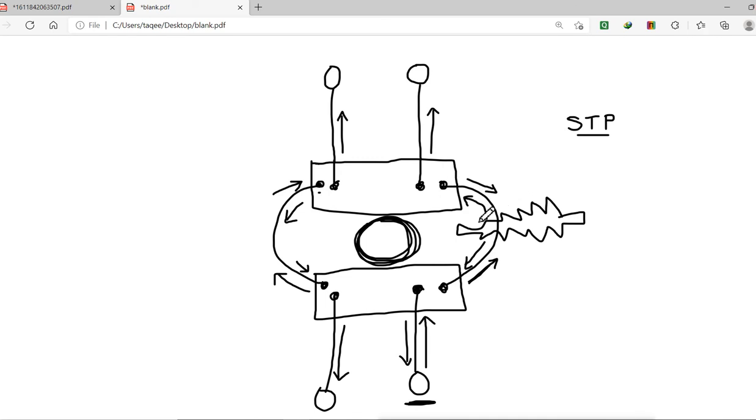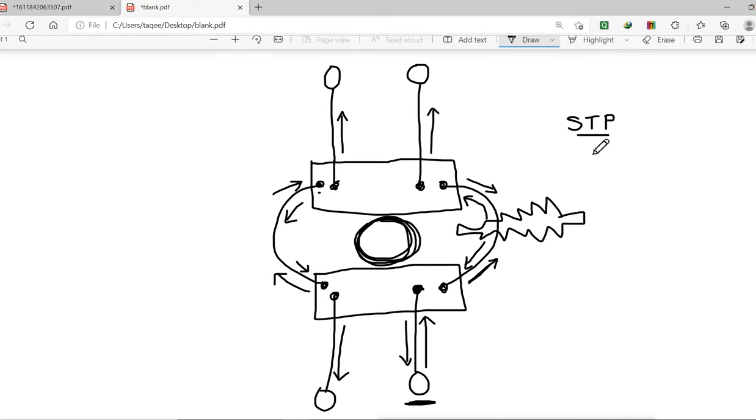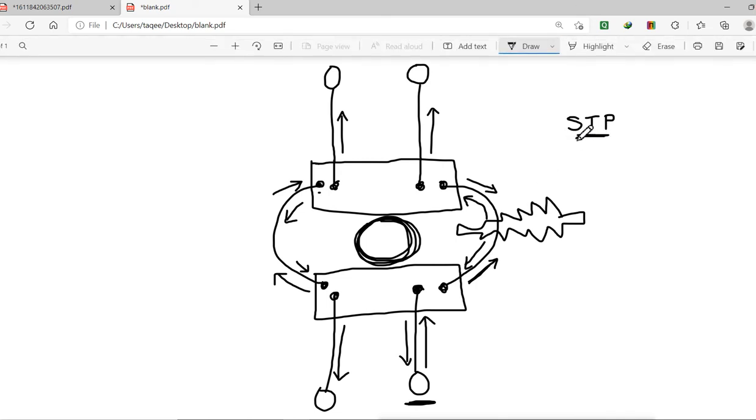And then it is dynamic, it is done automatically by the spanning tree protocol, so the admin doesn't have to see that. When this link goes down, the spanning tree protocol will remove the block from it, and this link will be enabled. So in this way, there is no loop. That is what the spanning tree does.